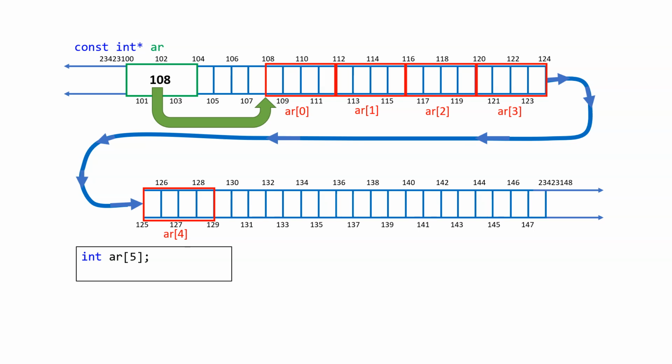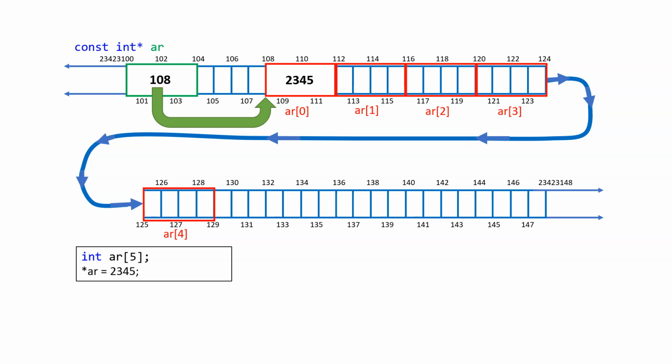So anything is the size of the target. If I add 2 to an integer, then 8 will be added. If I add 1 to a double, 8 will be added. If I add 2 to a double pointer, 16 will be added to it. Anyways, because of this fact, if you write target of AR is equal to 2, 3, 4, 5, actually the first element will be set. And there is absolutely no problem with that.